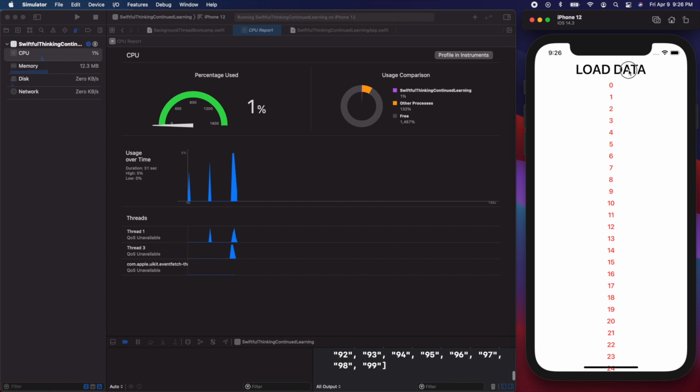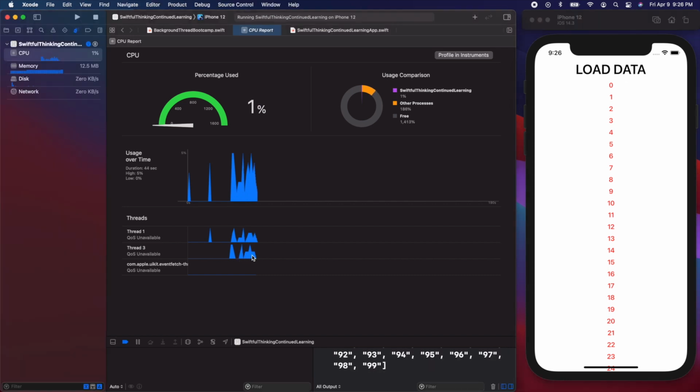All right, so you can see that some of the processes are happening on thread 3 here. And of course, some processes are still always going to happen on thread 1 because after we go to the background thread and we download the data on thread 3, we're going back onto the main thread to update the UI. So that's why thread 1 is also running as well as thread 3. And I want to dive into this a little bit deeper because we can use other threads instead of just thread 3 here. So if I go back into the code,